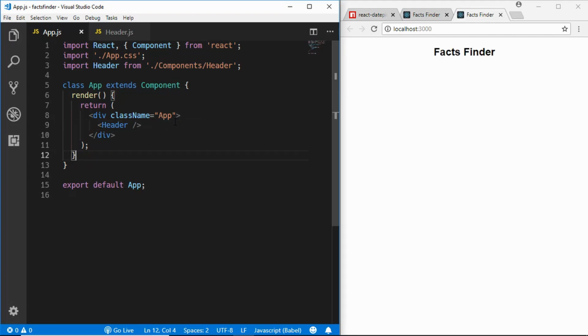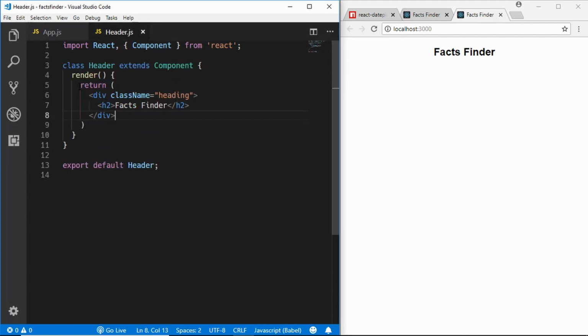In the same way we can create the other components as well. There's one more optimization that we can do over here. If you go to the header.js file, we don't have a state in our component. I'll talk about states later in this video. So we don't need to create a class for this. What we will do is remove this component from here, and we can change this into what we call